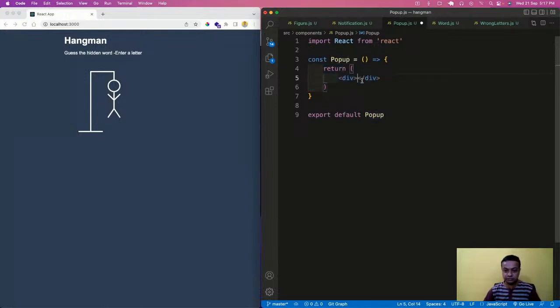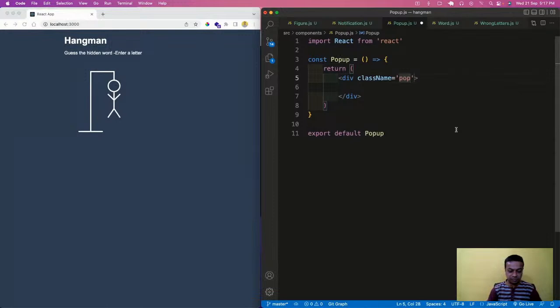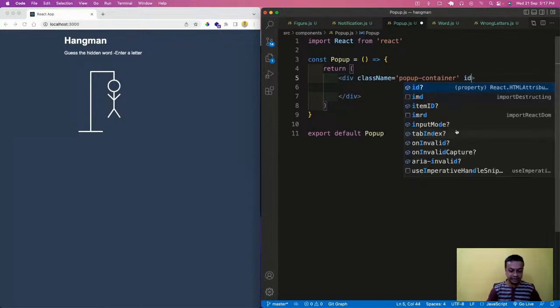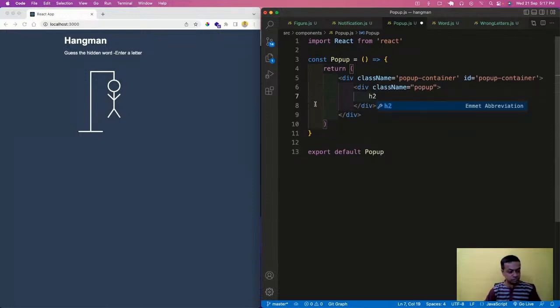So this div will be there, and class name equal to popup-container. And so we have styles for all of these things. Okay, popup-container, and ID equal to the same thing, which is popup-container. Okay, so div dot popup is there, and then h2 hash